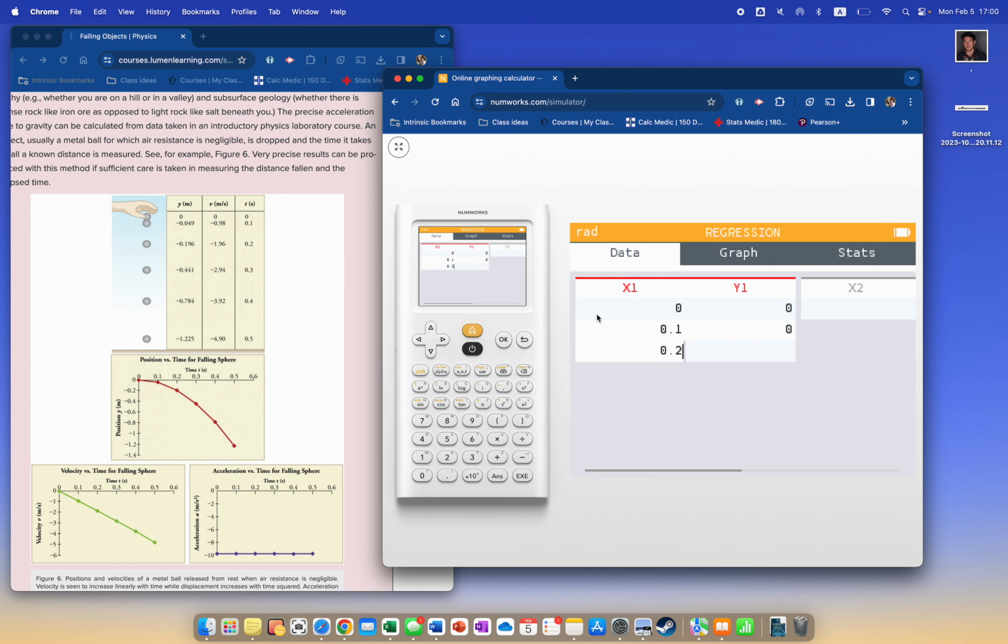0.1, 0.2, 0.3, 0.4, 0.5. And then I'll put in my dependent variable, that's negative 0.049, negative 0.196, negative 0.441, negative 0.784, and negative 1.225. Okay, so you see I just got those independent variables from here and the dependent variables from here, so